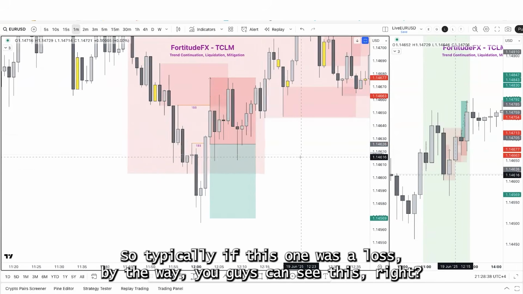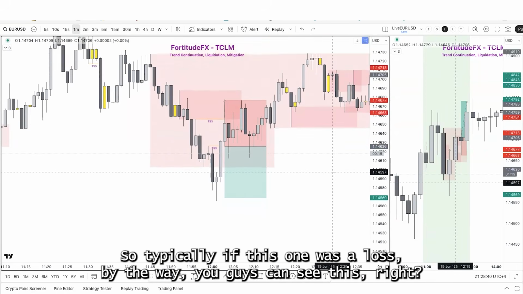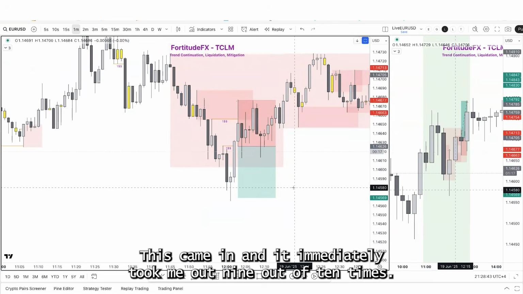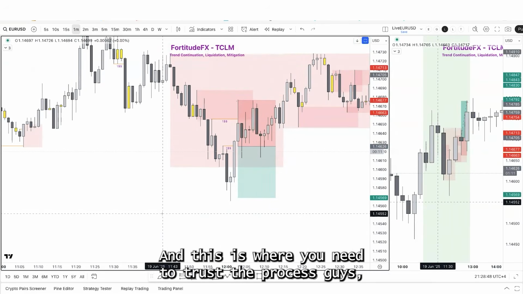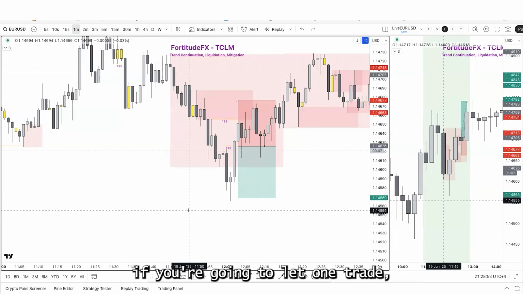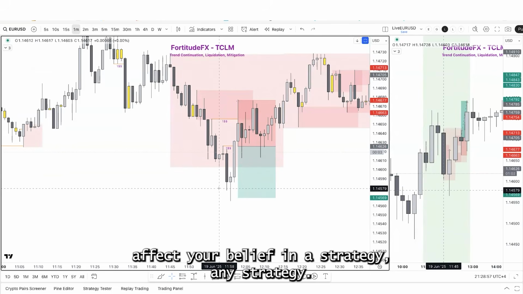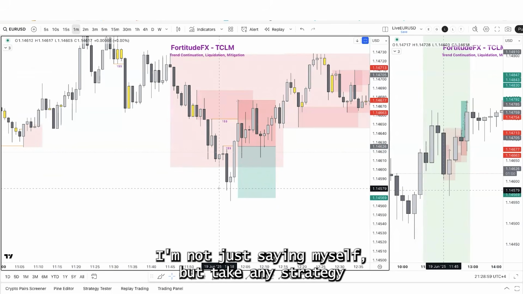So typically, if this one was a loss, by the way, you guys can see this, right? This came in and it immediately took me out. 9 out of 10 times, if I were to take this trade, it would have been a winner. And this is where you need to trust the process, guys. If you're going to let one trade affect your belief in a strategy, any strategy, I'm not just saying myself,